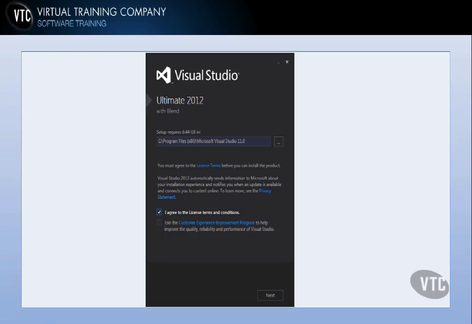You're going to have to agree to the license terms. You can decide whether or not to join the Customer Experience Improvement Program. And notice, setup requires 6.44 gigabytes, and this is where it's going to put it. You can click here and change it if you would like. I would strongly suggest you leave it where they're going to put it for simplicity, at least with this particular class's